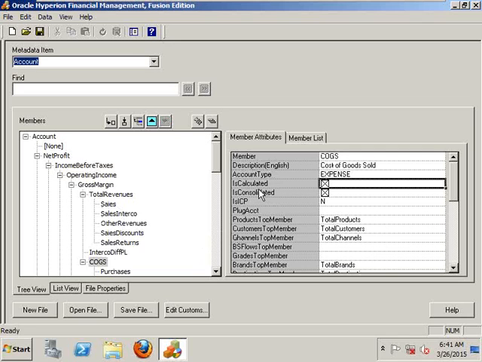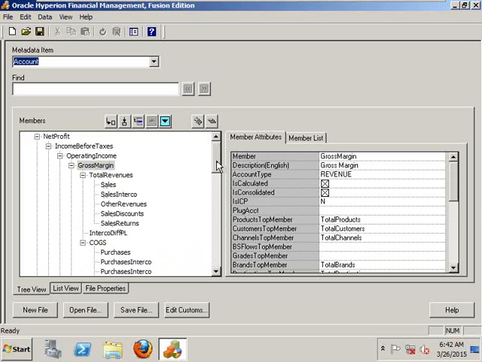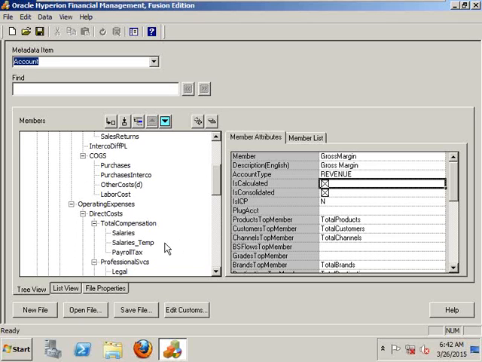That means you are preventing the data input for your parent members. Sometimes you may require to prevent the data input at base levels as well. At that moment, you need to keep those members as Is Calculated, and you need to do some calculation in the back end by using business rules to put the data for those members. So as of now, what you need to understand is that when you keep this Is Calculated, you can't enter or load the data for those members.